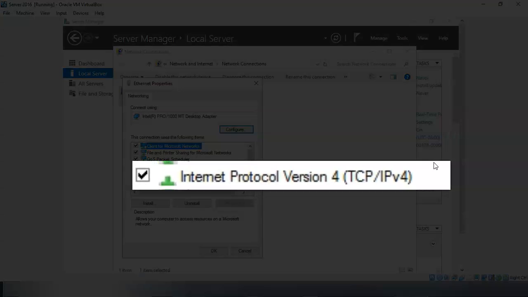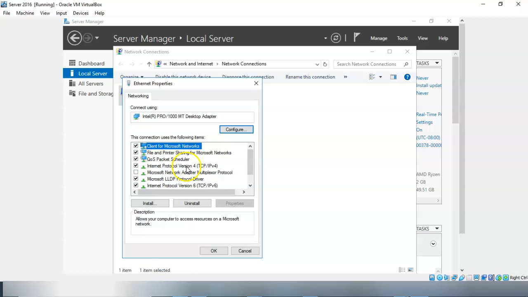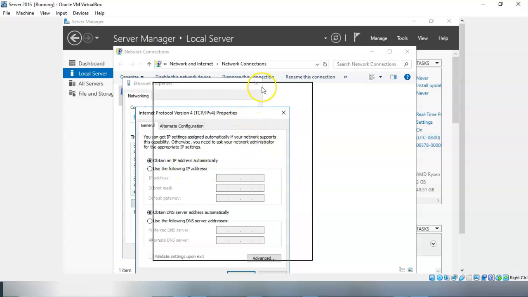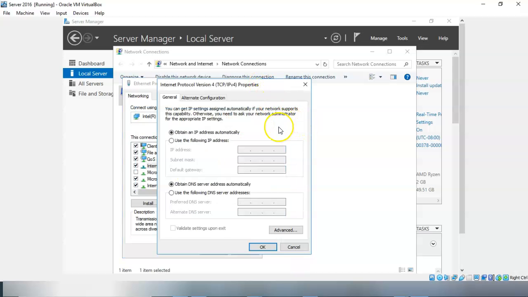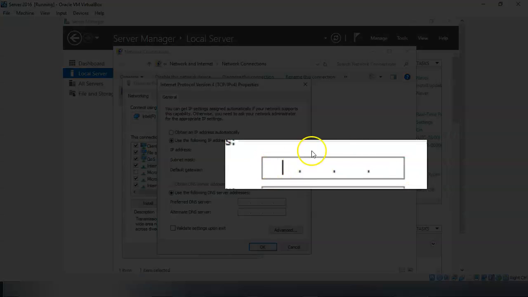Up inside of my network properties, I'm going to locate Internet Protocol version 4 and double click. Now currently, since we're configured for DHCP, I do not have a static IP address assigned. To do this, I'm going to check the radio button to use the following IP address. My first octet is going to be 192, next octet 168, then my third octet will be 145, and